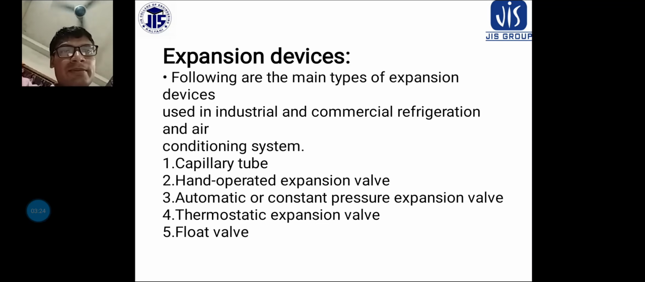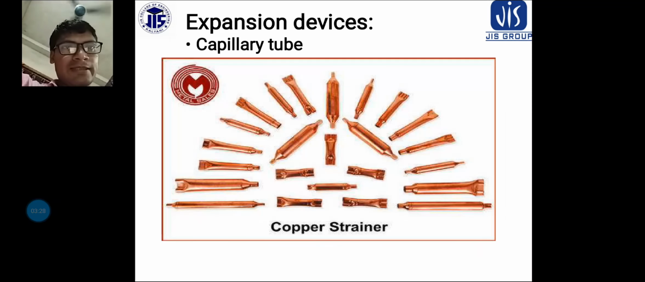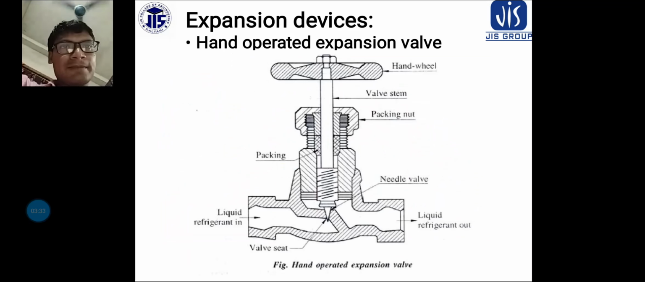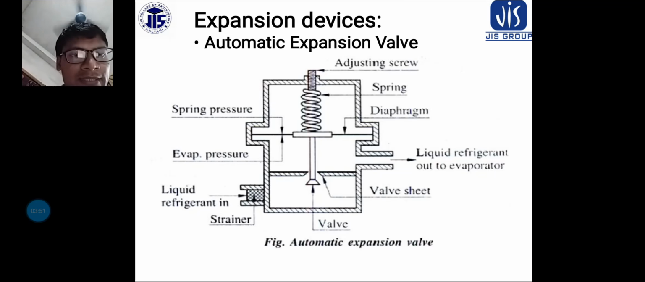Today we are going to discuss the rest of the three. The capillary tube expansion, with the copper strainer, is already discussed. The hand operated expansion device is also discussed. Now the automatic expansion device, let us discuss this part. In this schematic diagram, you can see the automatic expansion valve is a pressure reducing device, and it is activated